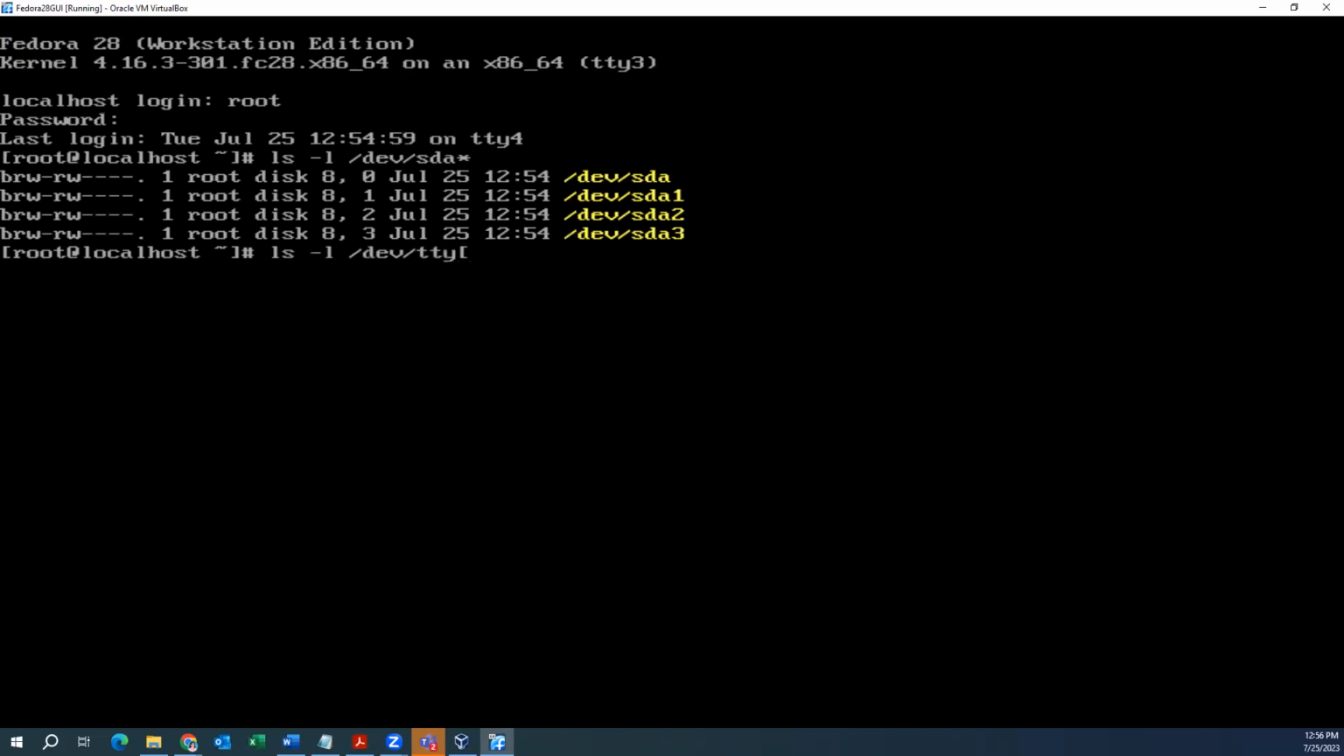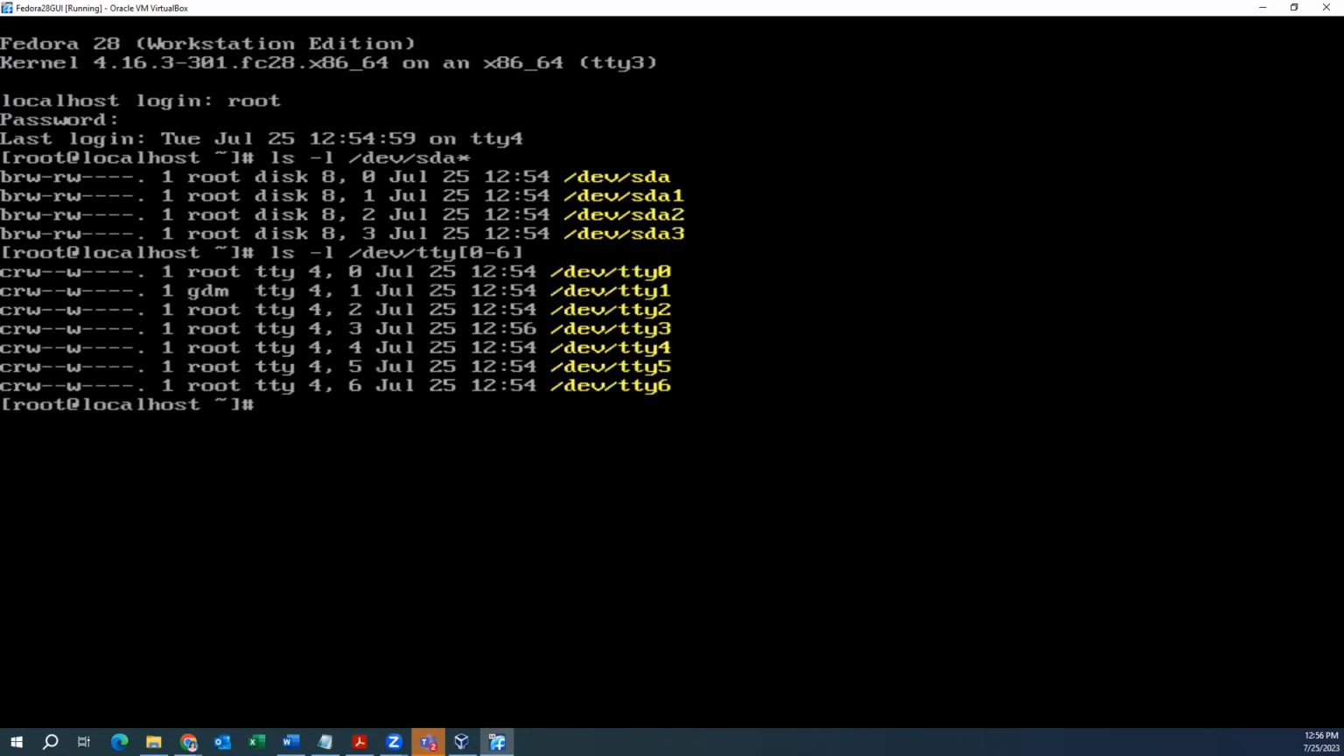In fact, I can go ahead and look for the TTY terminals from 0 to 6 and identify them. So these are character files and those were block files. I can further go ahead and go to the